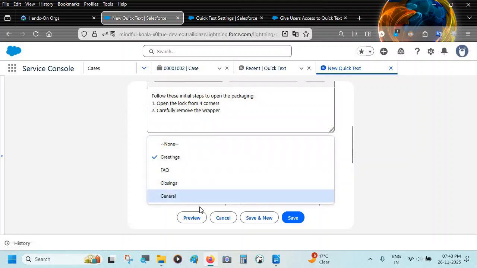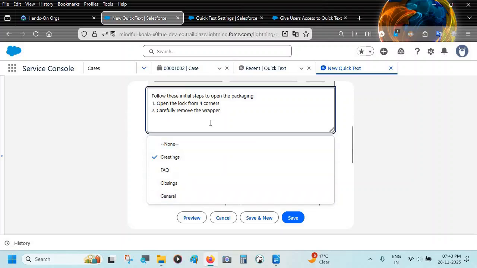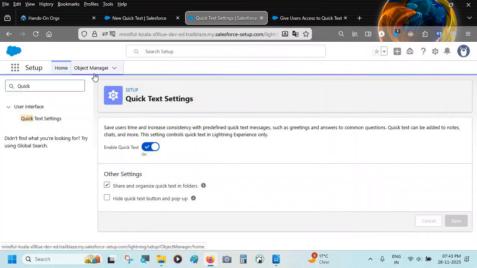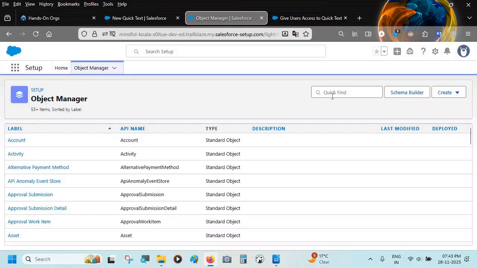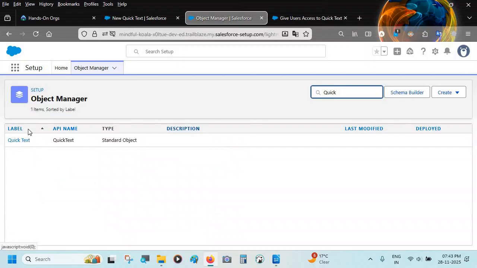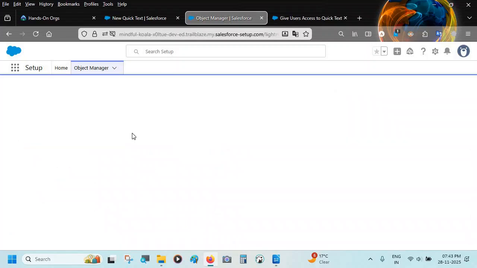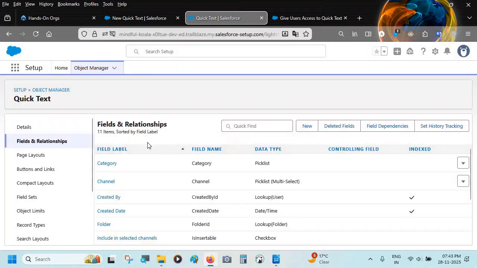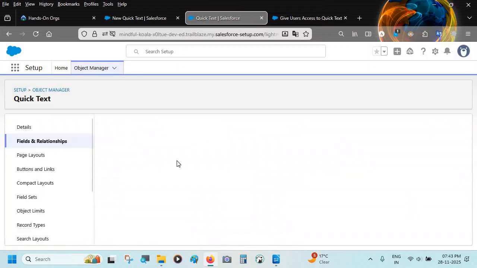But as we can see, we do not have any good category in which we can put this. So we will create one category, and to create the category we need to go to the object manager and find the quick text. We will type quick text in the quick find box, and click on quick text, and in the fields and relationships we will go and click on category,